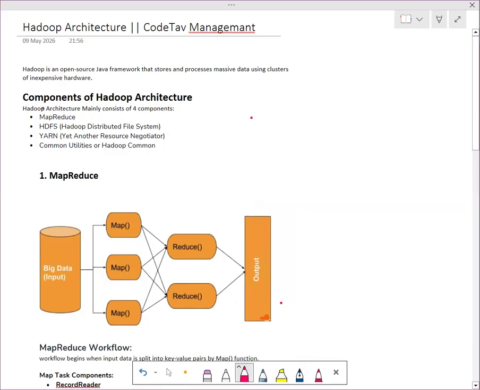So first of all, what is Hadoop? I have told you, but again, I am just telling. Hadoop is basically an open source Java framework that stores and processes massive data. Massive data means the size will be petabytes or more than that, using clusters of inexpensive, commodity hardware. Based on Google's MapReduce programming model, it enables distributed and parallel processing, right? Big companies like Facebook, Yahoo, Netflix, eBay mainly use Hadoop to handle large scale data